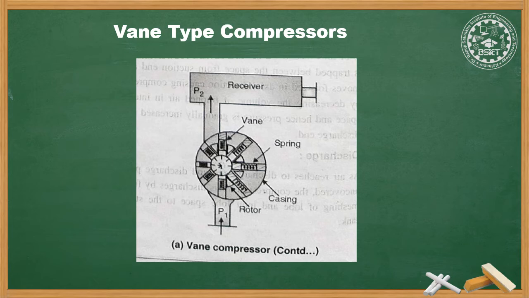The vane type compressor requires less work as compared to the root blower or lobe type compressor for same capacity and pressure rise. The capacity of air delivered is up to 350 meter cube per minute at a pressure ratio of 4 and RPM of about 250 RPM. The vane type and root blowers are replaced by centrifugal compressor for their use in supercharging engines.